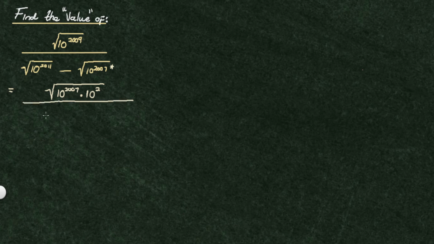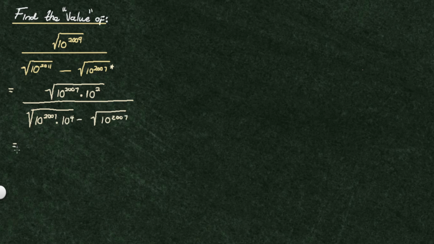Divided by the next power to be split or broken is the 2011. So it's going to be 2007 multiplied by 4. 10 raised to exponent 4 minus the square root of 10 raised to exponent